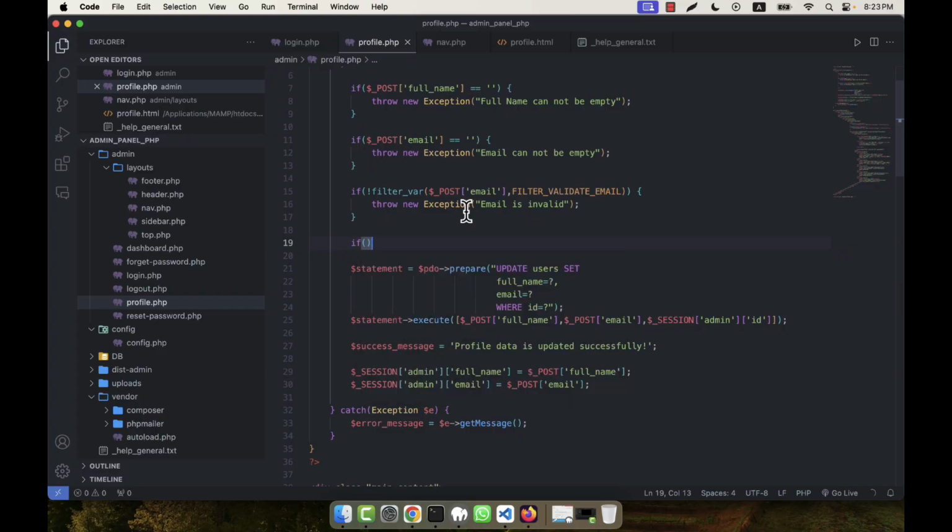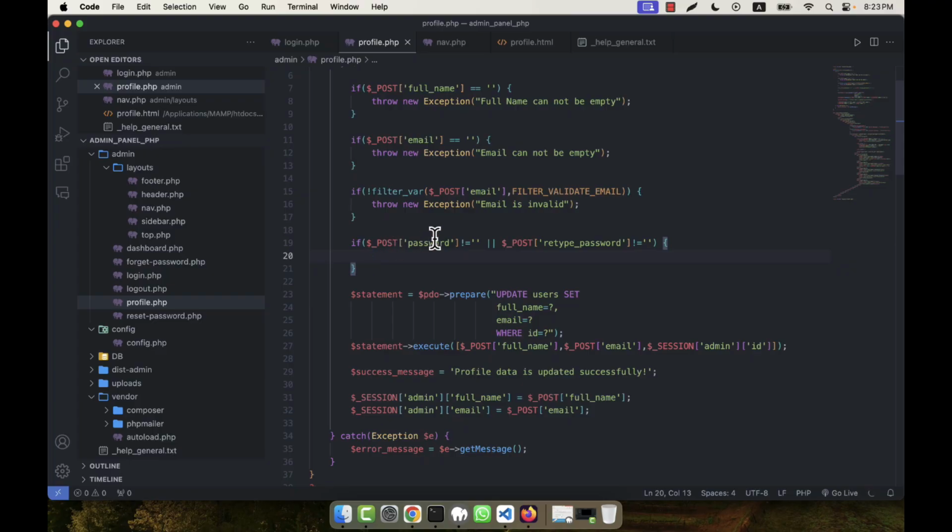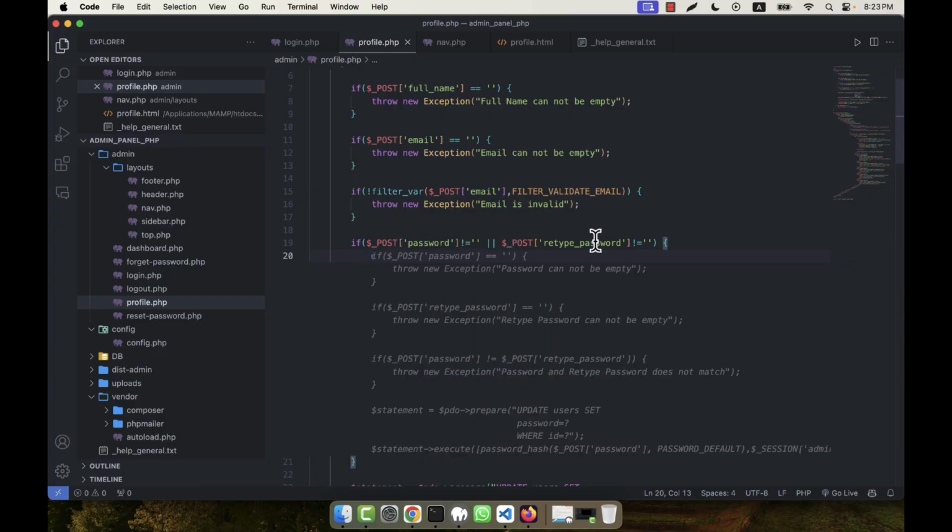So here I will check like this: if the post of password not equal to empty, or if the post of retype password, here I give password, and here I am going to give retype password, not equal to empty. That means if any of these is not empty,